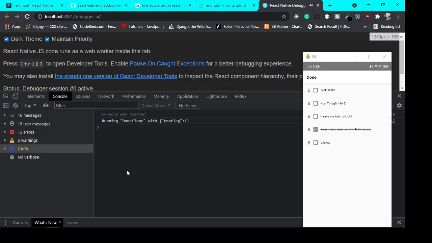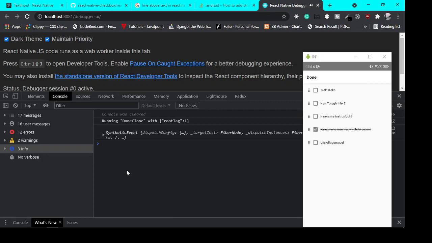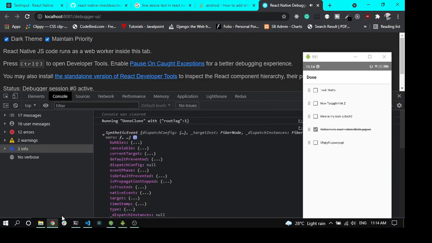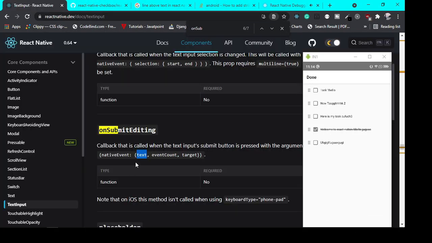Let's go to this. If I go here and add some data and click, then you can see here a bunch of information. Okay, so what we have to do here is